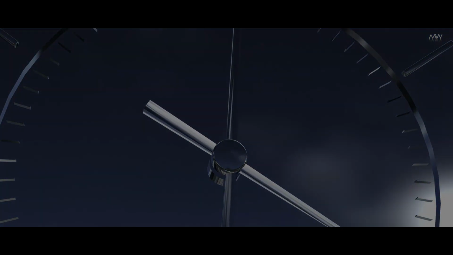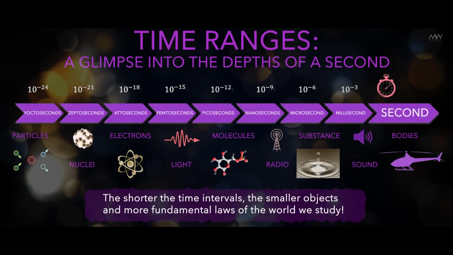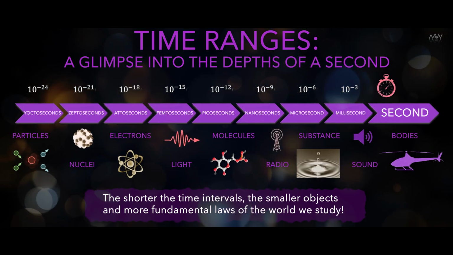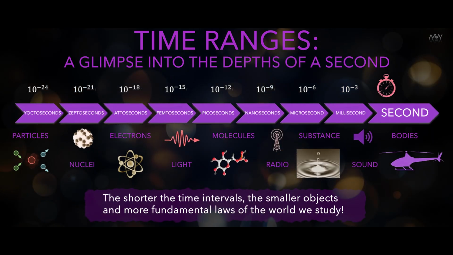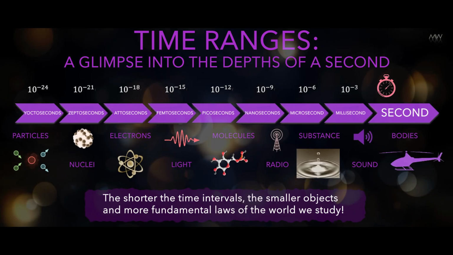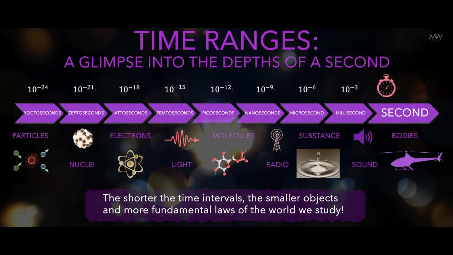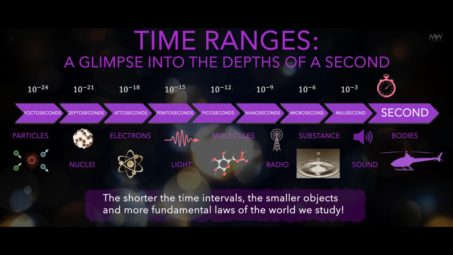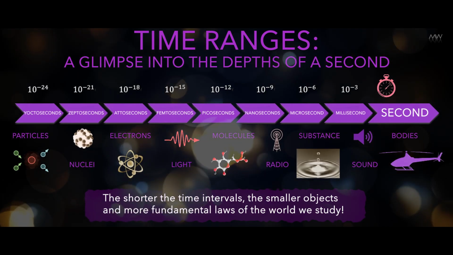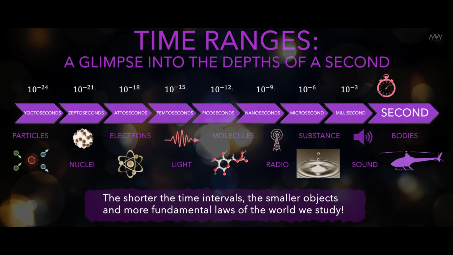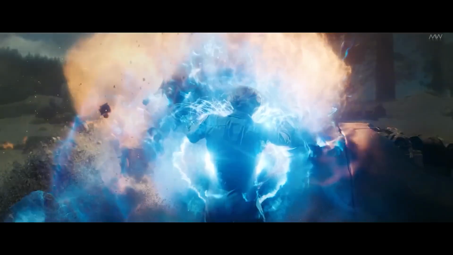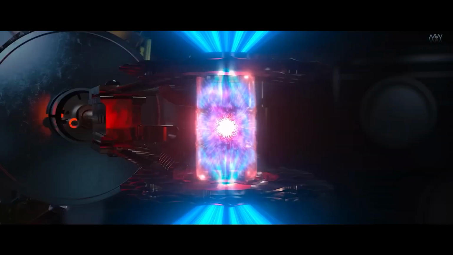fractions of a yoctosecond. We started with ordinary bodies, ordinary everyday phenomena, and gradually going deeper into the depths of time, we inevitably came to smaller and smaller objects. That is, we moved from bodies to individual solid matter, then moved to individual molecules, further to atoms, further to electrons, light, and in general we went deep into atoms to individual elementary particles. It's all inevitable. The shorter timescales you want to study and the more fundamental laws of nature you want to see, the smaller objects you need to investigate.